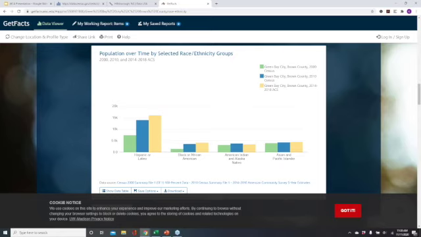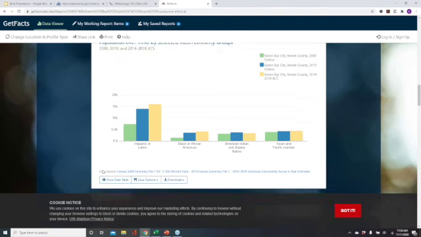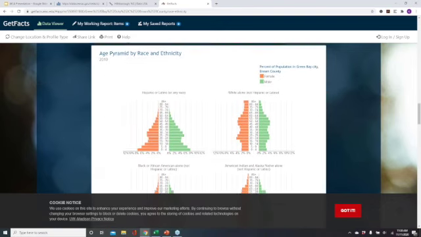Perfect. And you can see that jump. What we're looking at here are 3 different glimpses of the data at this data point. So you have the 2000 census, you have the 2010 census, and the most recent 2018 American Community Survey data. So you can see between 2000 to 2010, there's a fairly significant increase in that population that also then continued into the ACS. Now, if we scroll down just a bit more on here, we're going to take a look